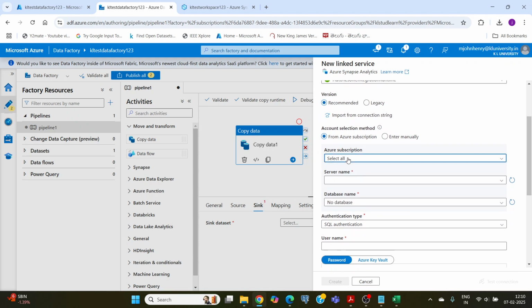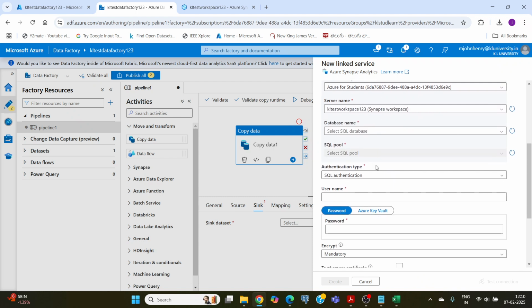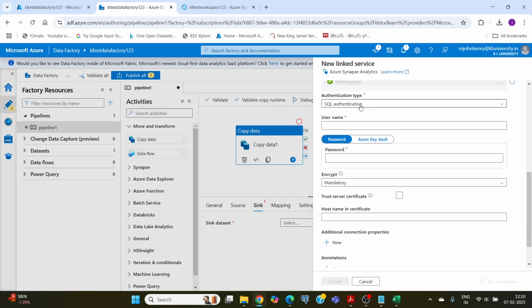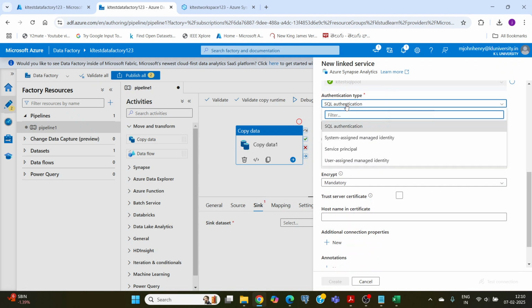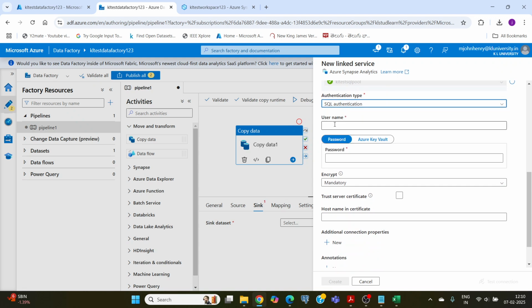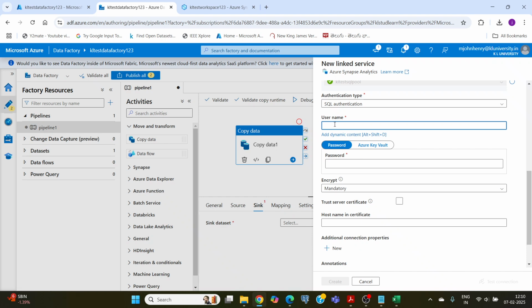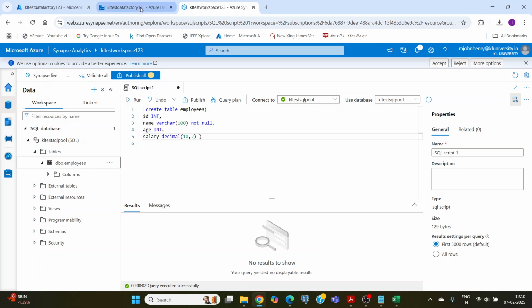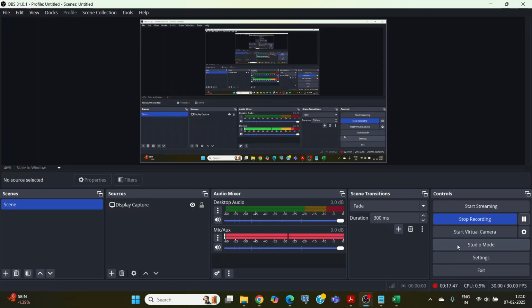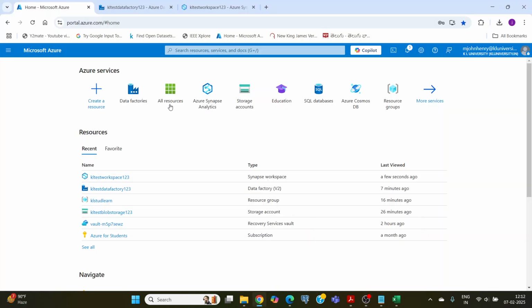Azure subscription students, server name. This is the server name. Synapse Analytics, SQL database. SQL test, KL test, SQL pool is my database name, right? Yes, SQL authentication. Username: whatever the username that we have given there, we must provide it now. Now we have to select the user. So to provide